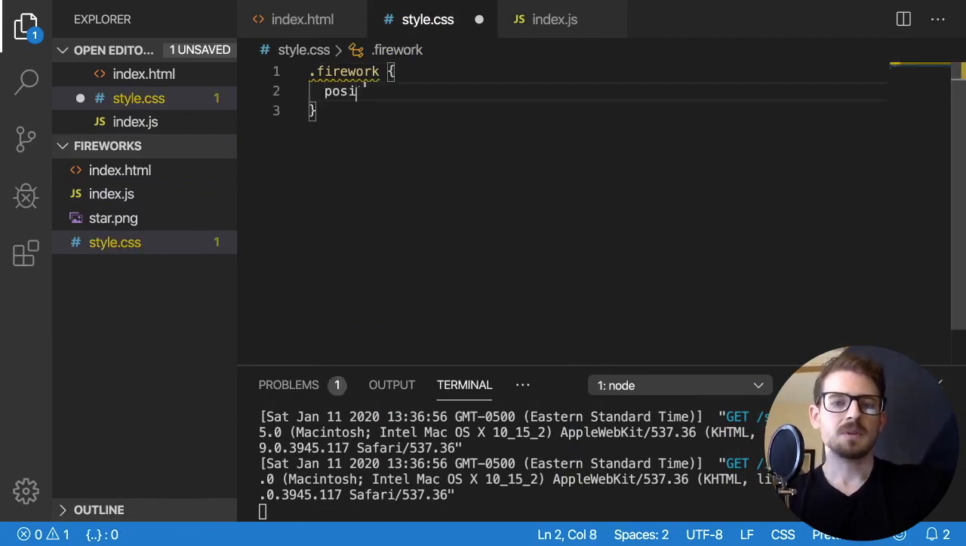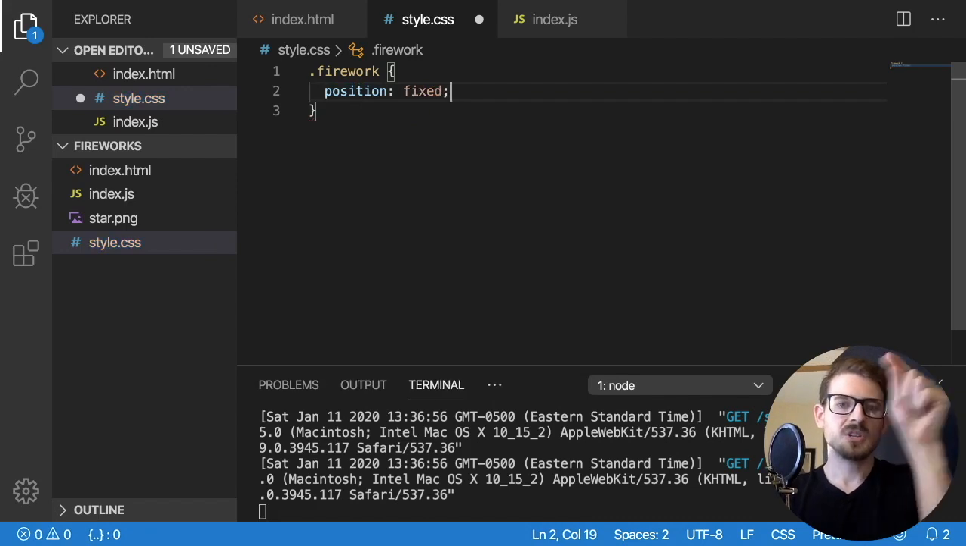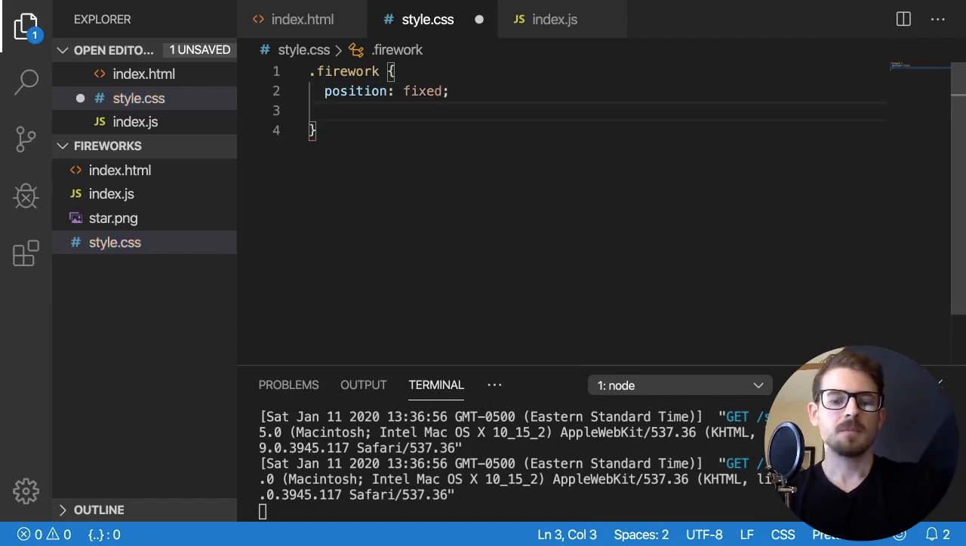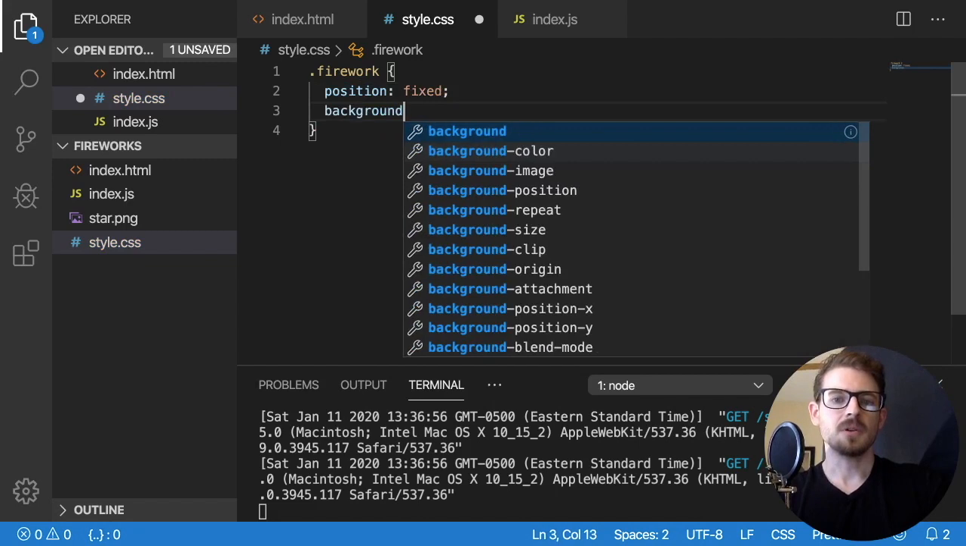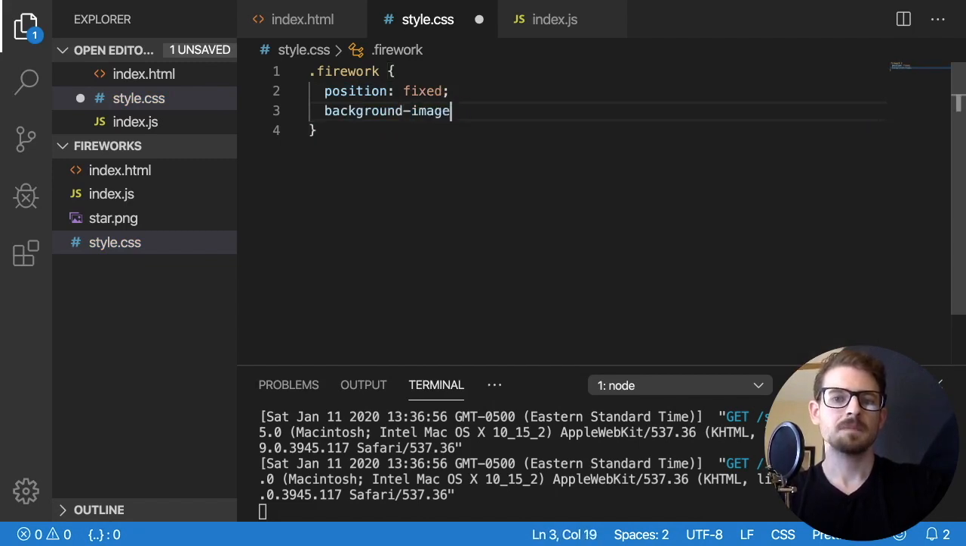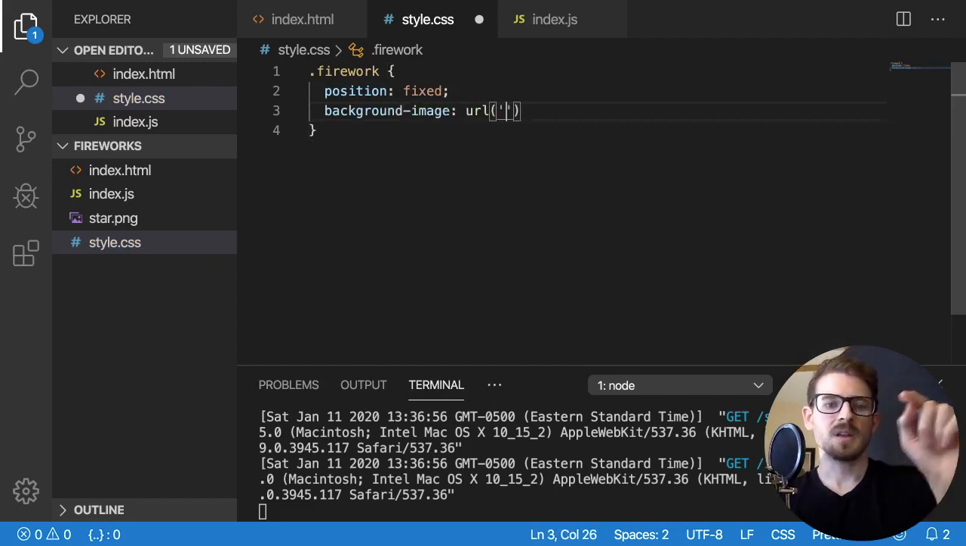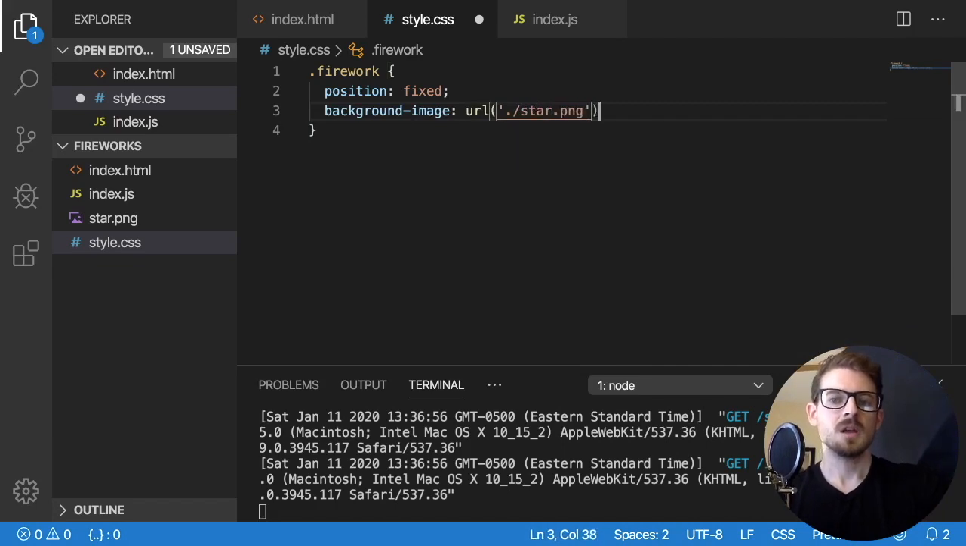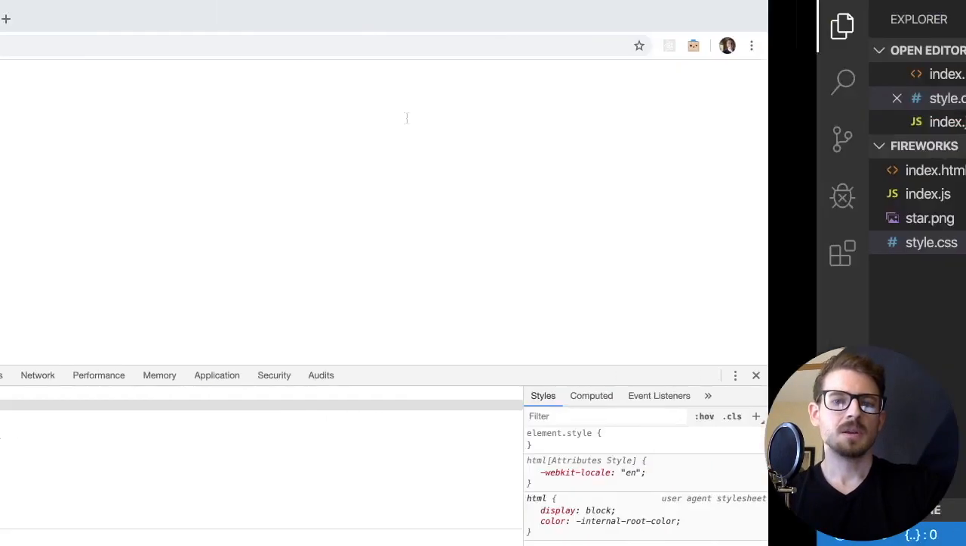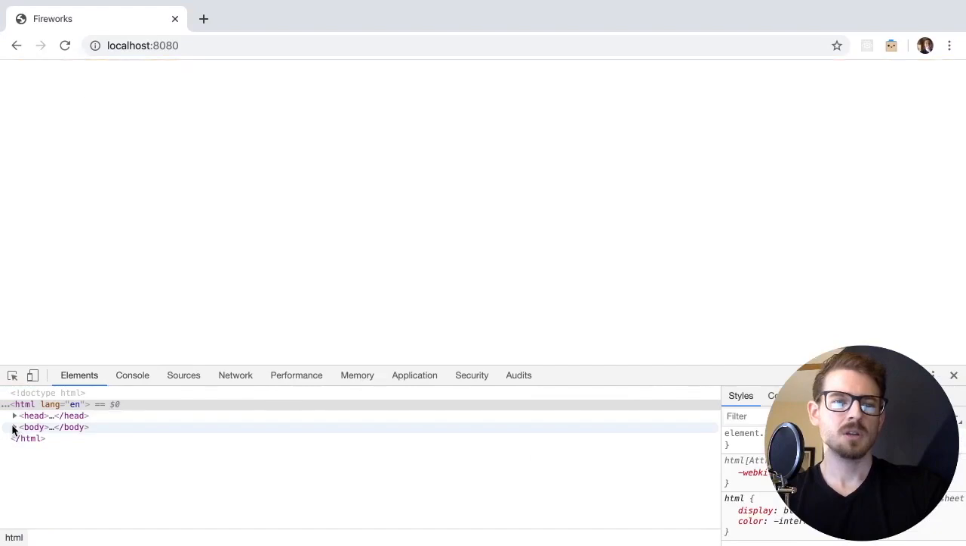So what we're going to do is add a position fixed so that we can easily position it on the window. And I'm going to simply set the background URL or image to that image that we have over here, which is star.png. Now at this point, if I refresh the page,